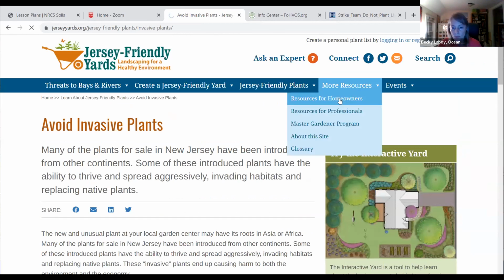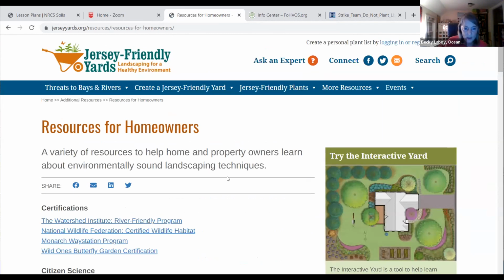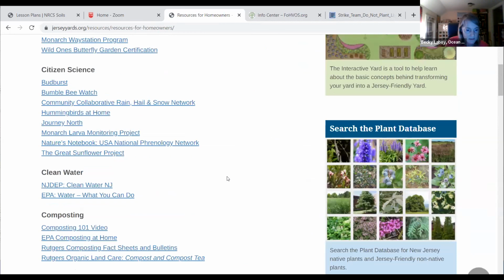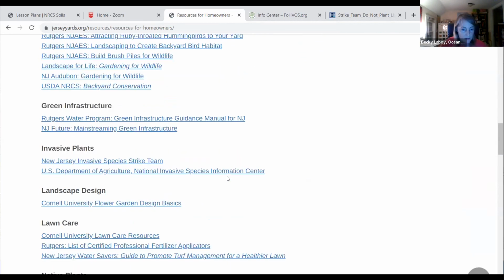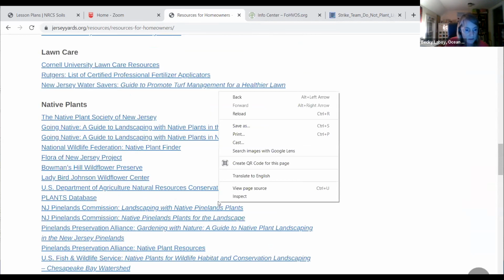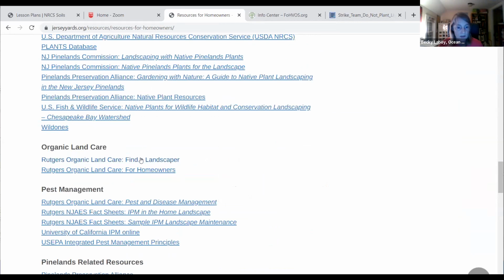Resources for homeowners. On this page, you can access the Invasive Species Strike Team under the Invasive Plants title, and also under Organic Land Care, if you're looking for someone to help you